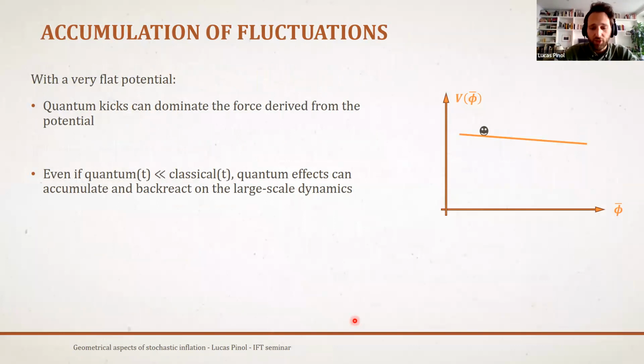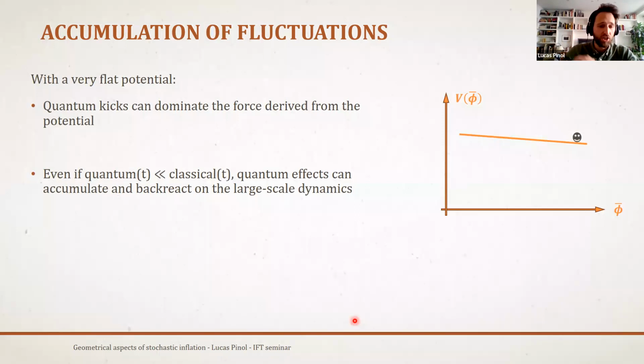If the potential is extremely flat, then the classical dynamics that you derive from the potential is actually quite weak. And the effect of the quantum fluctuations may actually be greater than the one derived from the classical potential. Also, even if at each time step the quantum fluctuations are of smaller amplitude than the classical force, they may accumulate over very long time scales and at the end produce an effect which is bigger than the classical drift. So in that case, what happens is a phenomenon that we call diffusion, which is that instead of having a